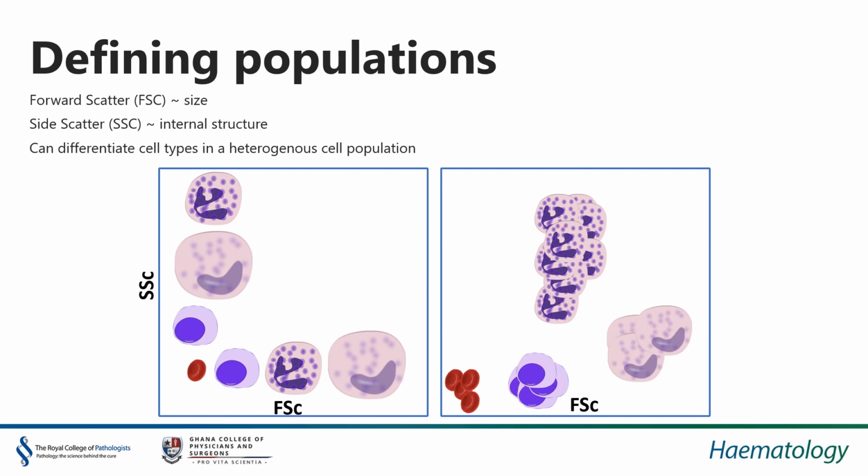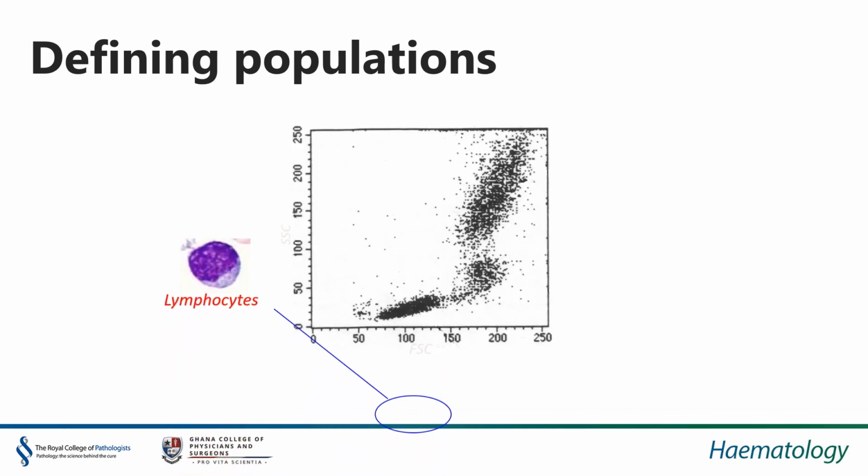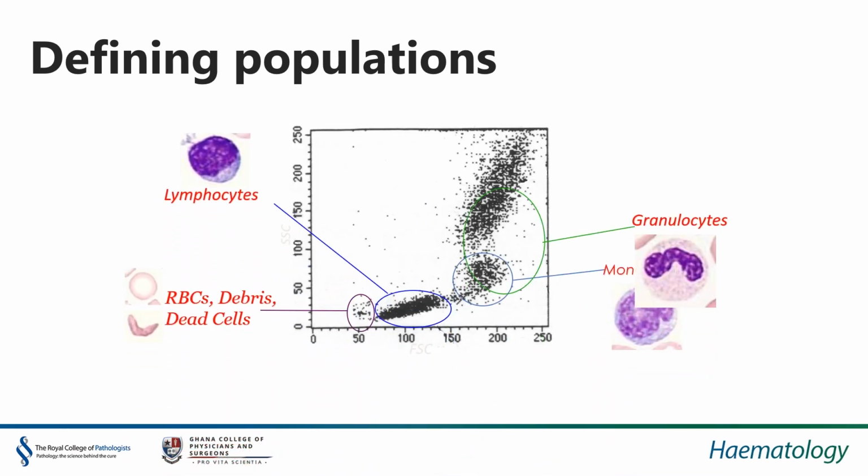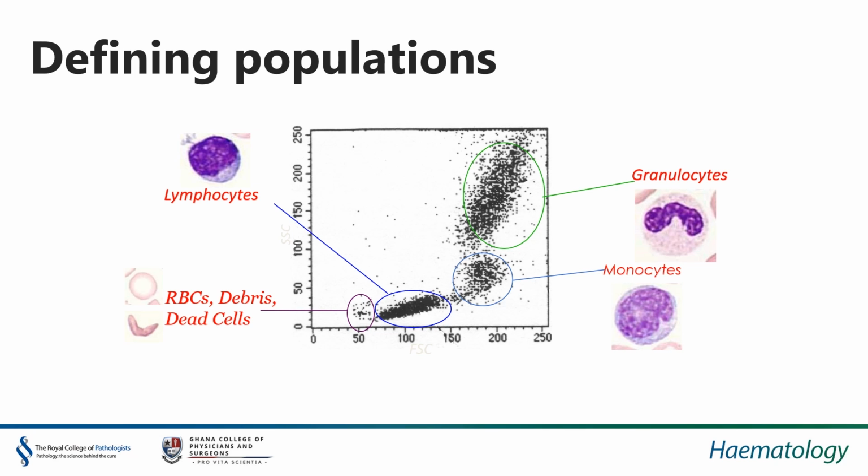And this is exactly what we see on a full blood count printout, and this is from one of ours. You can see here that you've got your red cells and debris falling down here. Your lymphocytes can be gated here, and that's drawing a circle around the cells of interest there, your monocytes and your granulocytes. So it's very easy, just by using these very simple parameters of forward scatter and side scatter, to enumerate a cellular population within a